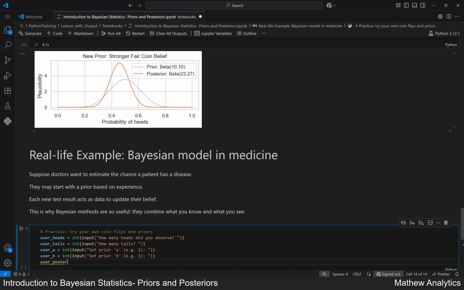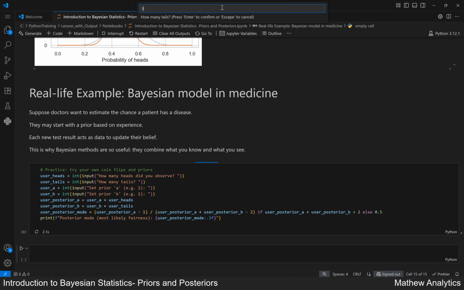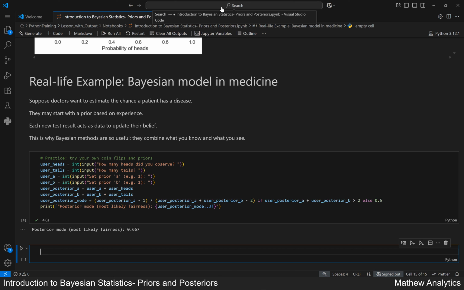Calculate the posterior parameter A by adding observed heads to the prior A. Calculate the posterior parameter B by adding observed tails to the prior B. Compute the posterior mode, most likely fairness, using the updated parameters if sufficient data is available, otherwise default to 0.5. Print the estimated fairness of the coin with 3 decimal places based on your inputs. Running the cell now. This output shows the updated most likely fairness of the coin, posterior mode, as 0.667, based